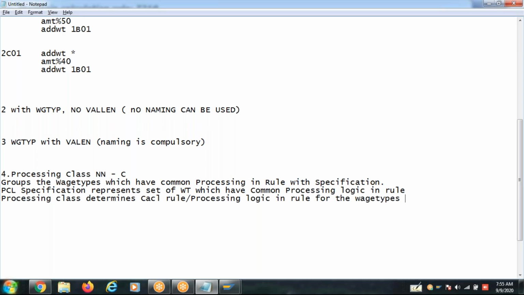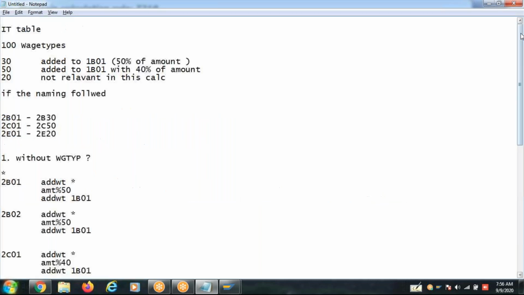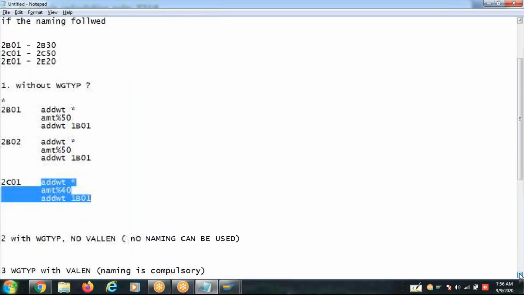So it is usually used when there is a common processing. Do we have a common processing here? What is that common processing? For 30 wave steps you need to use this operation, one logic. For the remaining 50 wave steps you need to use this operation, second logic, and the third logic.